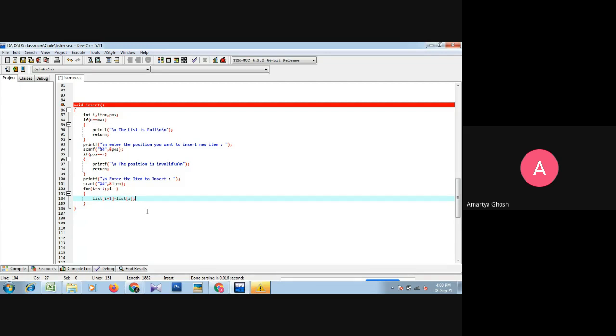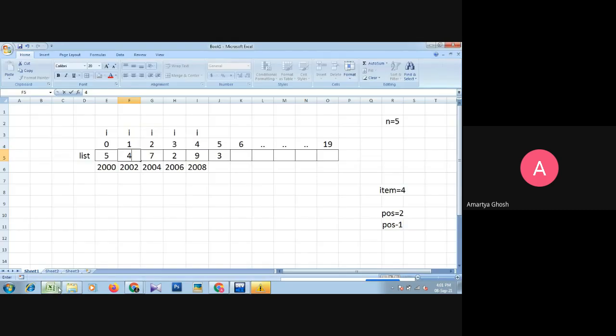So after that, list I plus 1. So what is the condition? Condition is that it is till, what is the condition you can see here. So I will reach till pos minus 1. Okay. After that it will not work.